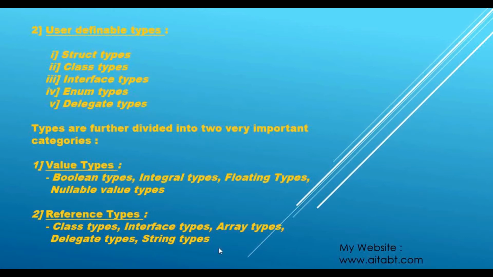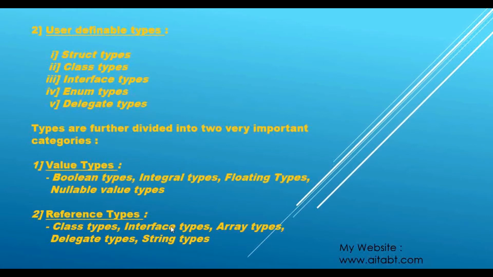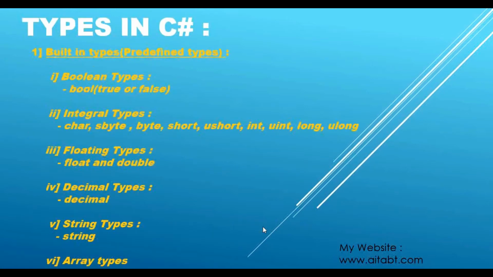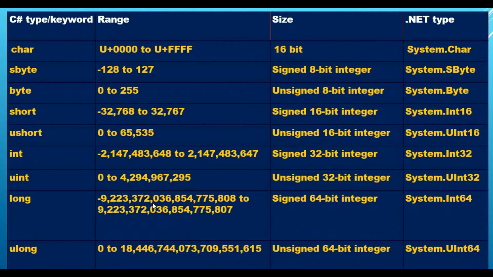No, if you can see, the string type is a built-in type, and that is a reference type as well. Similarly, the array type is a built-in type, and that is a reference type as well. And what are the value types we have seen? Integral type, floating type, and nullable value type. Now we will see what nullable types and value types are, everything, so don't worry about that. Let's first see what all the built-in types in C# are, and again we will see some more details about them. For that, just look at this table.